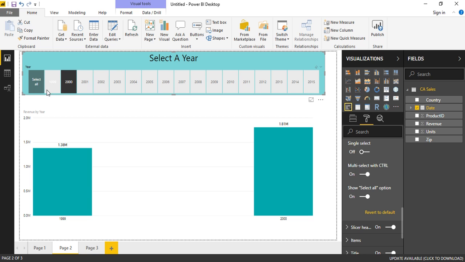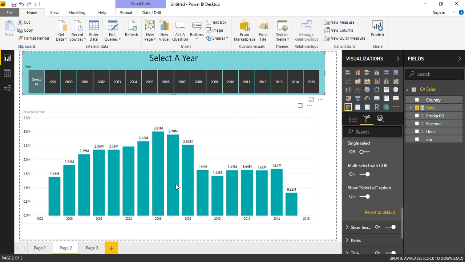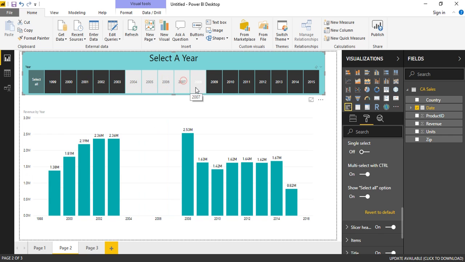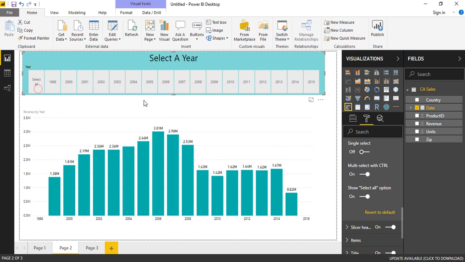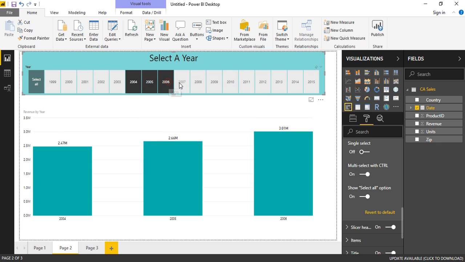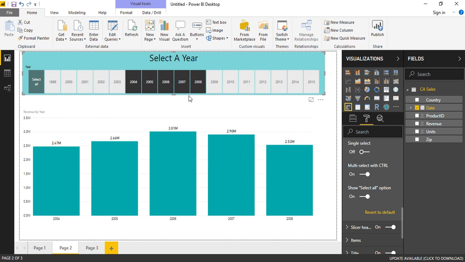This is how a slicer works. Now I want to select all the values. Click on select all. I want values of 2004, 5, 6, 7, 8 only. So 4, 5, 6, 7, 8. Make sure you are using the control button with the help of click so that you can do the multiple